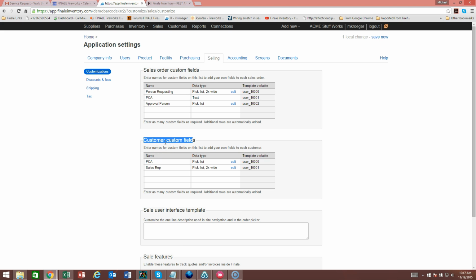Now, if I want that to automatically appear on the sales order and be populated based on the customer that we're selling to, all I need to do is add the same custom field name to the sales order itself, and the two will communicate to each other whenever that record is chosen and it matches. So I'm going to add not only sales rep to the customer database, but I'm going to add sales rep with the exact same spelling